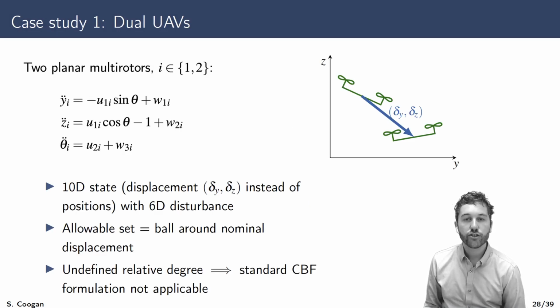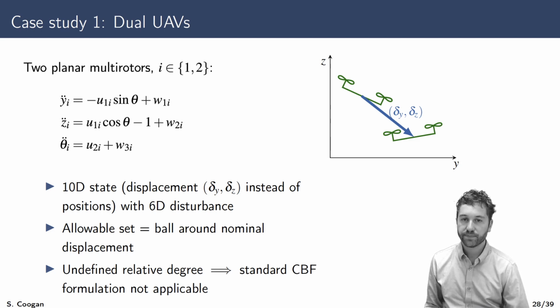Our next example considers 2 interacting multirotors, where we use the same multirotor model described earlier in the talk. The resulting overall system has 10 states, because we replace the 4 positional states with 2 relative displacement states. And the system includes disturbances as shown on this slide. The allowable set for the coupled system is taken to be a specified ball around a nominal displacement. So in the 10-dimensional state space, this allowable set becomes a cylindrical set for the dynamics. This system has an undefined relative degree at some points along the boundary of this cylindrical allowable set. This means we cannot simply use the allowable set as a standard control barrier function, motivating the use of our